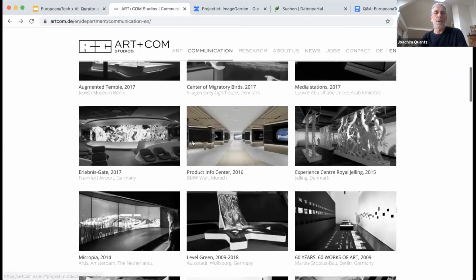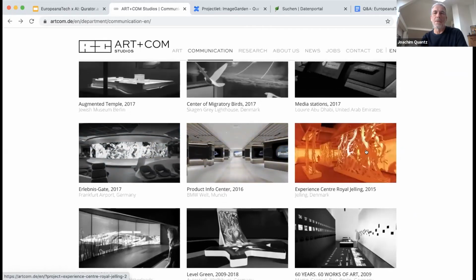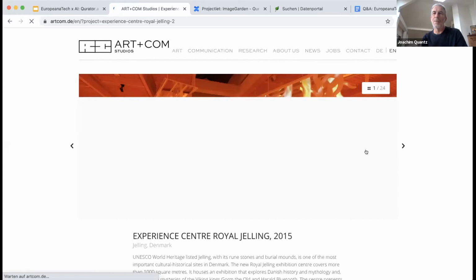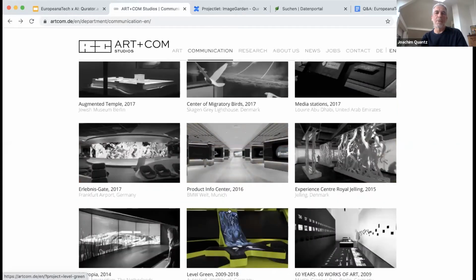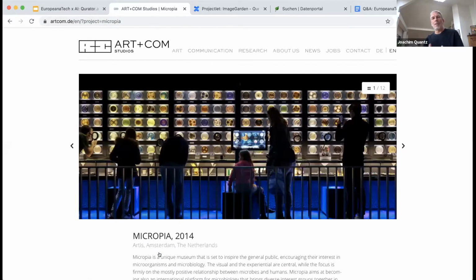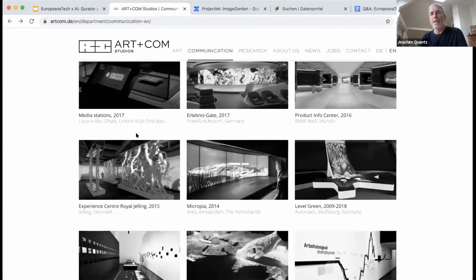Or before that, we worked on the Royal Yelling Center, which is about Vikings, or for Amsterdam on Micropia, which basically means that we work on projects like these for 2 or 3 years, and we need to understand what content the museum wants to show, how best we can present it to an audience, and how we can use media to do that. So in the project which has been mentioned before, digital curation technologies, we focused on how we can get information out of a text